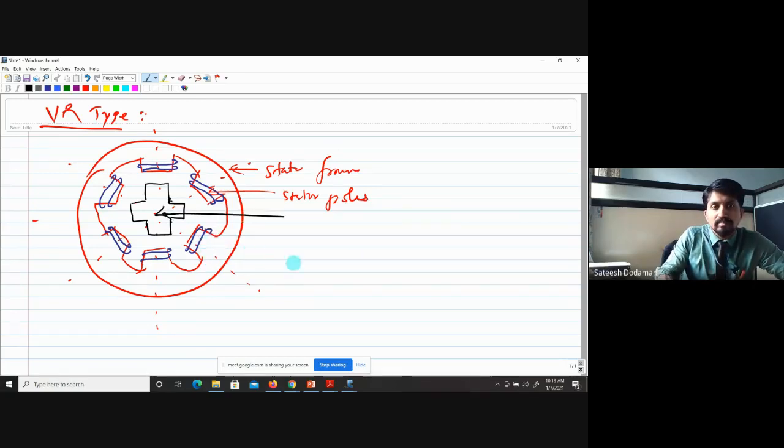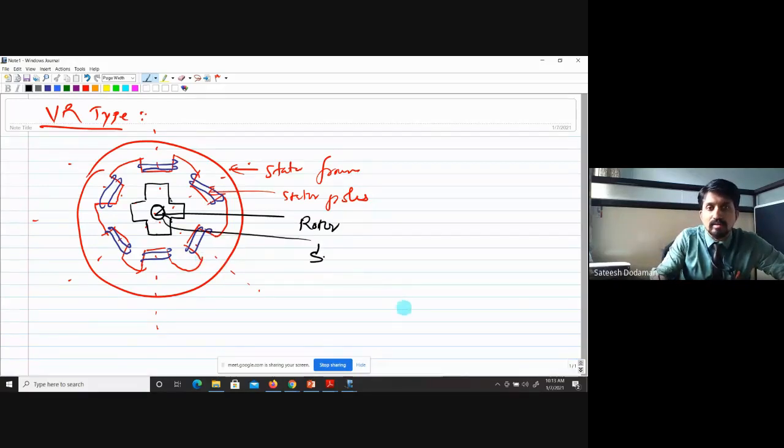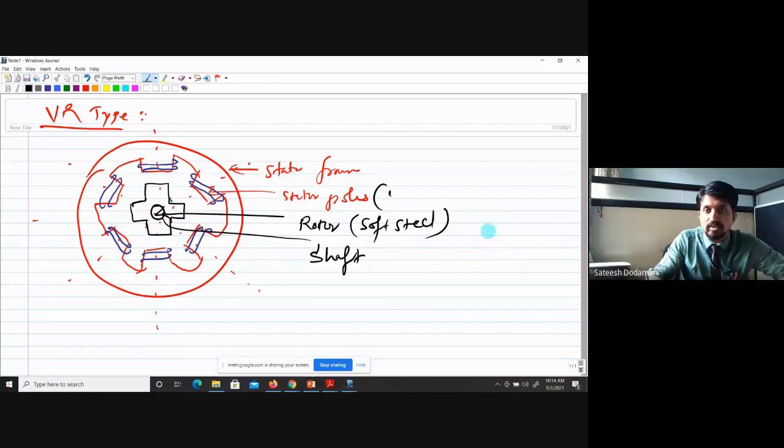So this is nothing but the rotor. Here the shaft will be there in this way, shaft as well as rotor. But this rotor does not consist of any winding. It is made up of soft steel. The rotor is made up of just soft steel, and it does not have any winding on it. Here stator poles are there, and on them windings are there, and because of that it is called